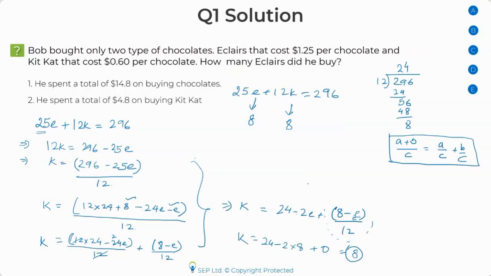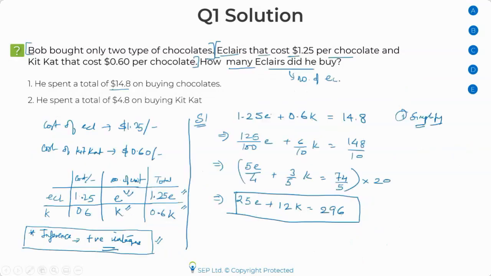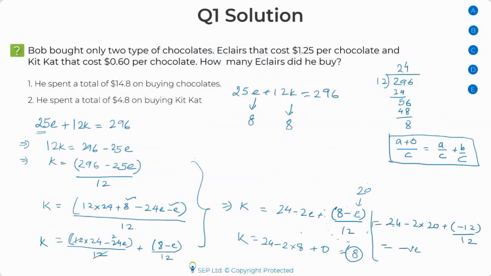Now, if you try to increase the value, think about it. If I take the next value, for example e is equal to 20, then also I'll get an integer. 24 minus 2 times 20 plus 8 minus 20 would give you minus 12. But notice one thing, if I put 20, I'm getting a negative number. 24 minus 40 would give you a negative number. And I did make an inference before that the values need to be positive. So you should be able to infer again that no higher values of e are possible. I cannot take any higher value here.